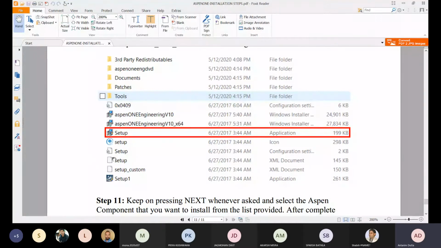So I will try my best to give you one more PDF which will tell you what files you need to make this install successful. Once you click on this setup, you will get a list of missing files. That file is there in the folder. You just need to mention it in the installation steps. Okay, no need to download from Google, I will do it. Okay, sir. Sure, sir.